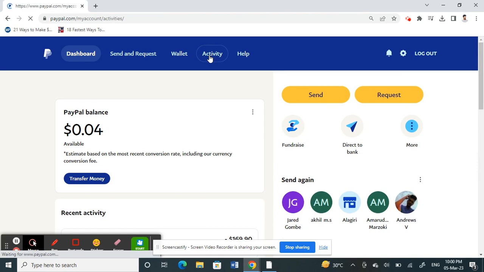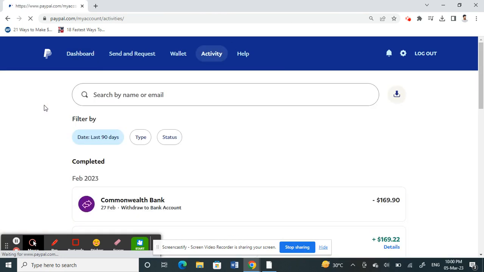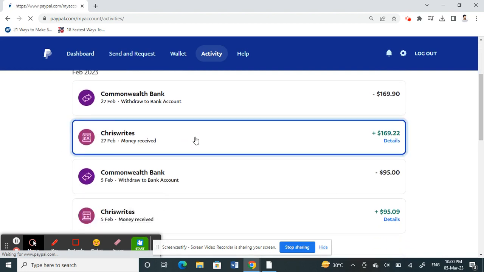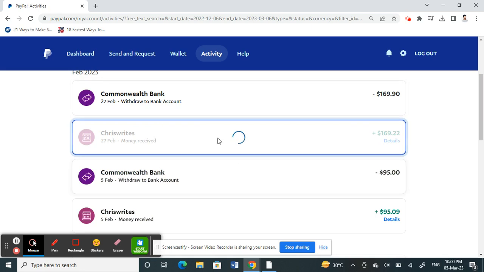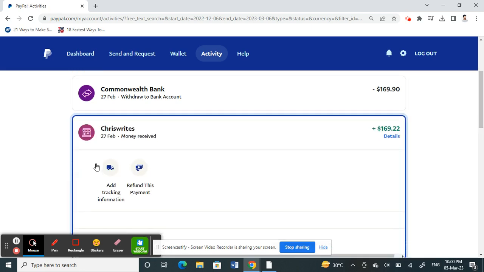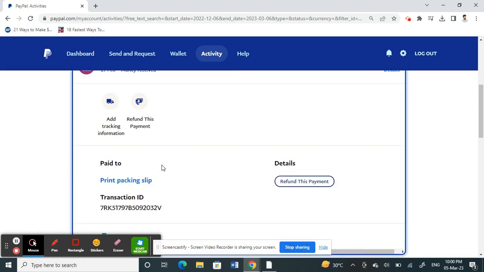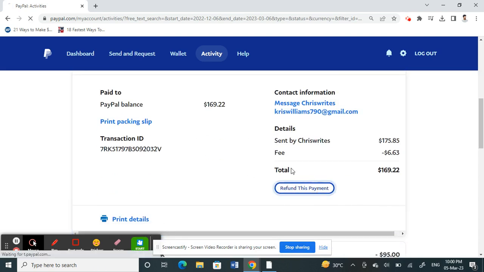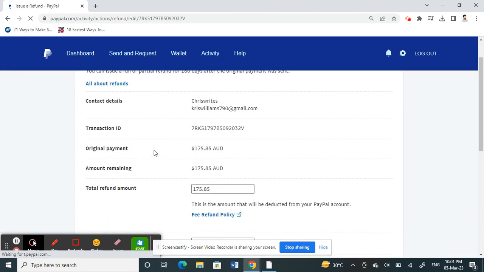On your activities tab here, once you get there, what you have to do is choose the transaction that you want to refund. For example here, so choose the transaction. Once you click on it, this should open the details, and once it opens the details, you'll see an option called refund this payment. So click on refund this payment, and here